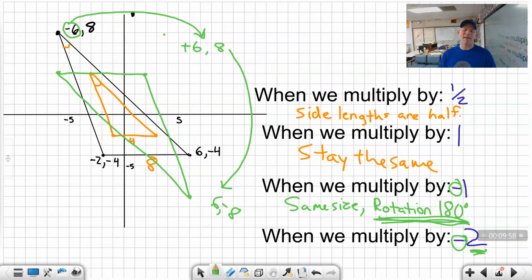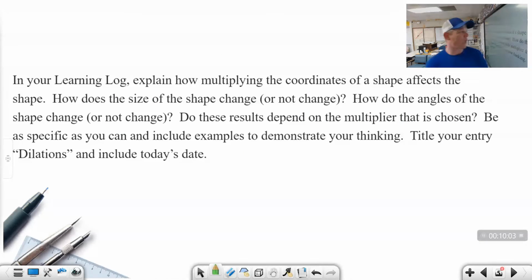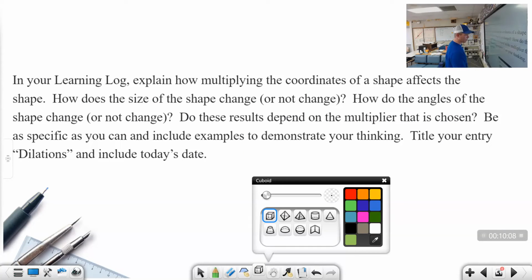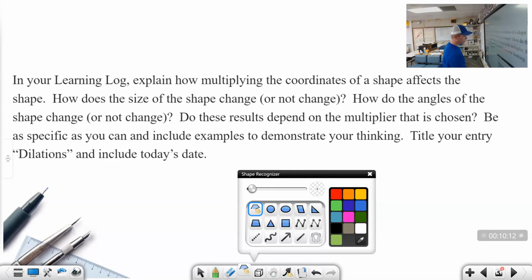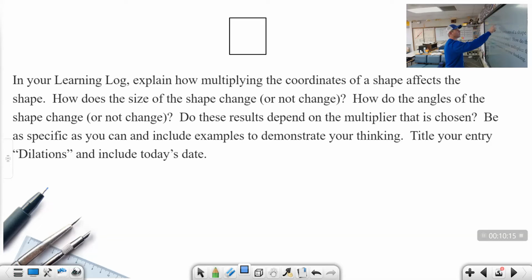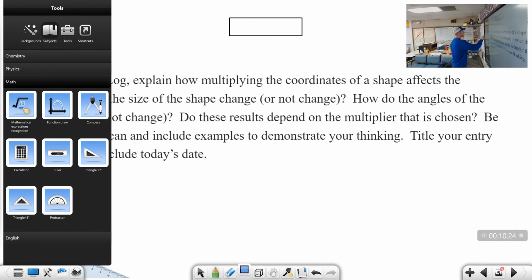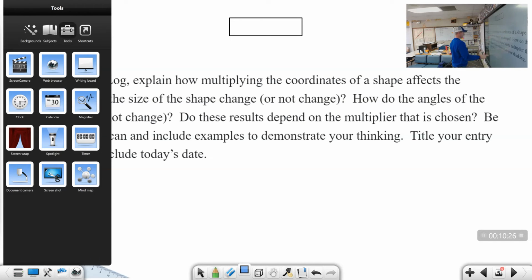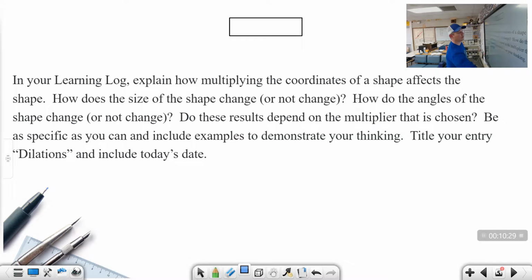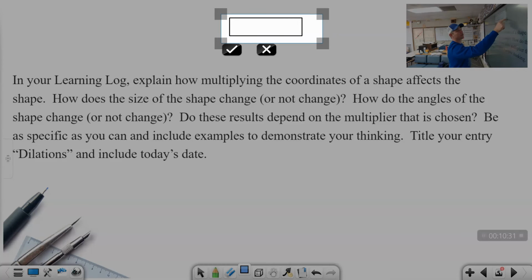Now, today's lesson is all about investigating what happens to a shape when we are doing a dilation. See, you can take any shape. Here, let me go ahead and give you, let's do a simple square rectangle, okay? If I have this shape, and if I take this shape, tools, screenshot, needs to be an image. If I take this image,